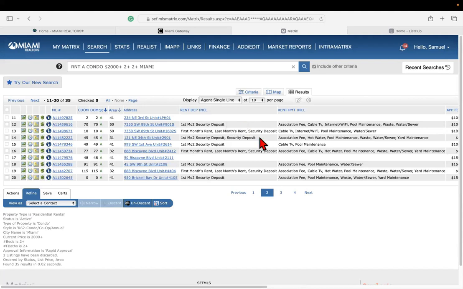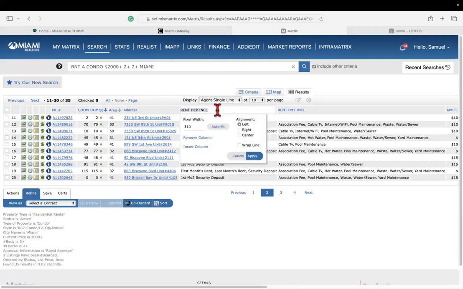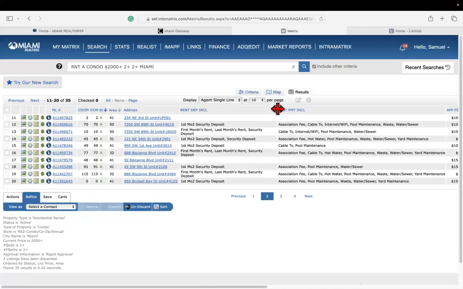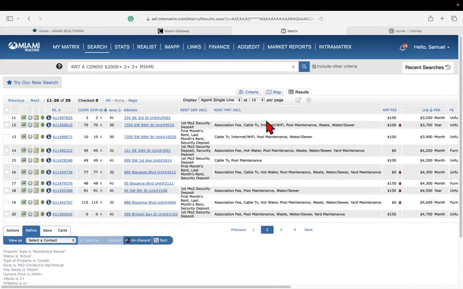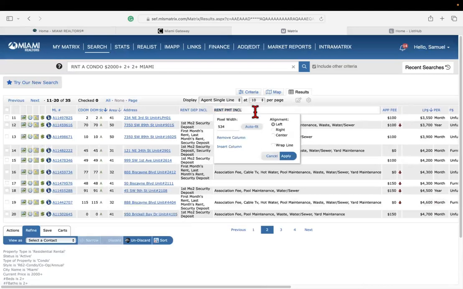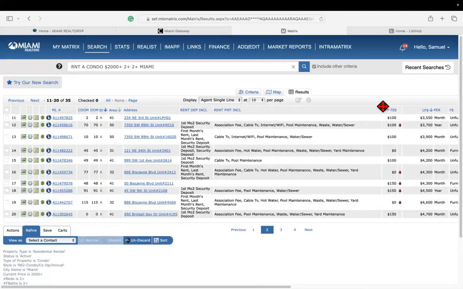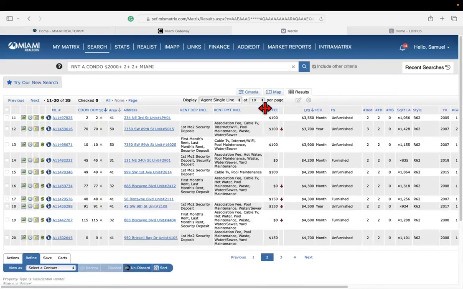It's going to give us a little bit more information, but let's collapse the menu so that it shows up a little easier. So right here where we see rental deposit includes, if we click right here, there's going to be a little button that says wrap line. If we click wrap line, click apply, we're going to be able to go over to the top and then just make it look a little cleaner. We're going to do the same thing for rental payment includes, wrap line, apply, and then that's going to make it a little neater so that we can see all of the necessary information